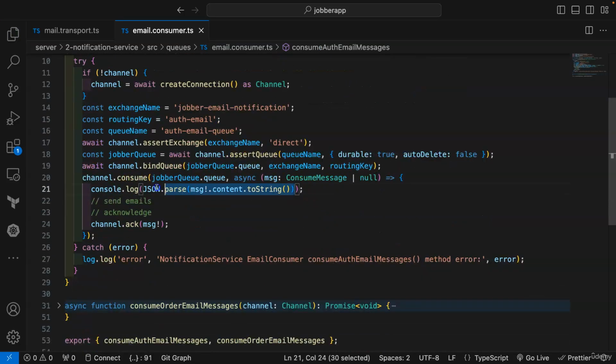Now for this consume auth email messages, we are going to be expecting some properties. So I will use JavaScript destructuring. Okay, so const, I will destructure the properties that we are going to be sending. So we are going to send an object. When sending the authentication email, we are going to pass an object, and the object will contain some properties